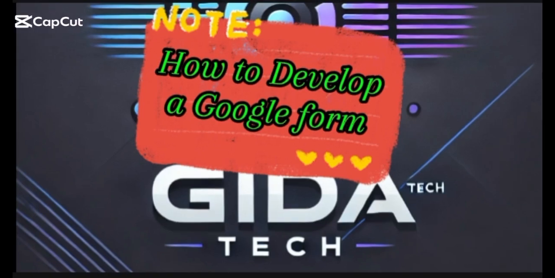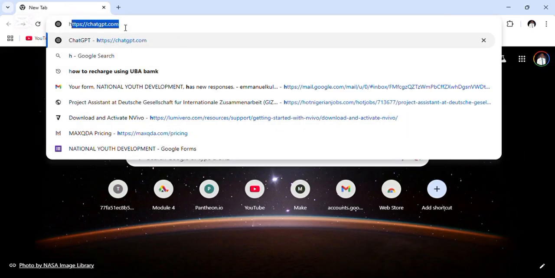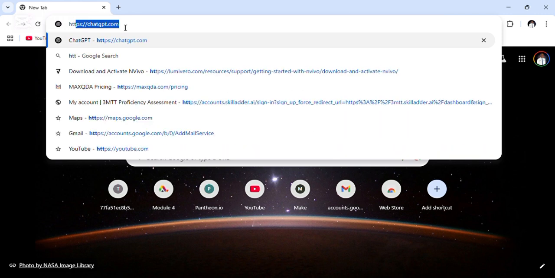So today we are going to look at how to create a Google Form. So what you do is just open your browser and click on this